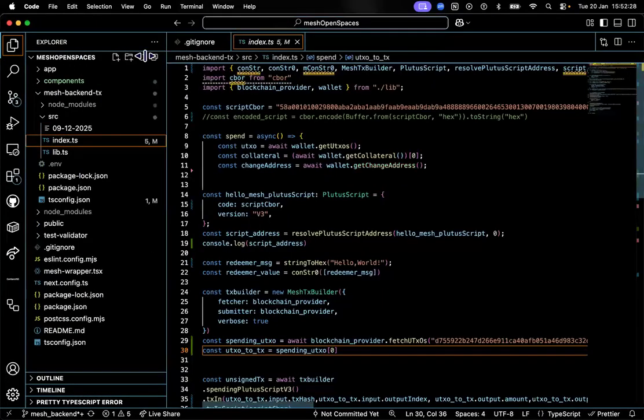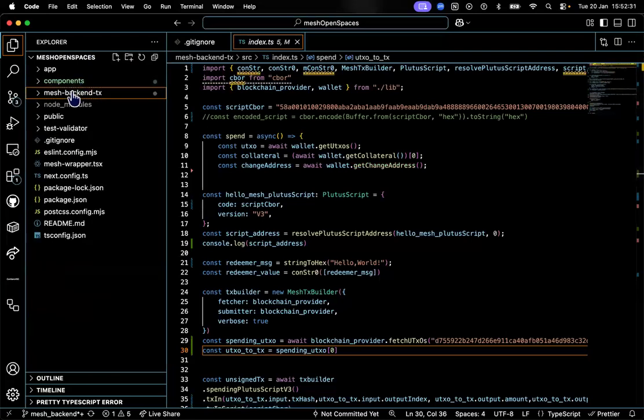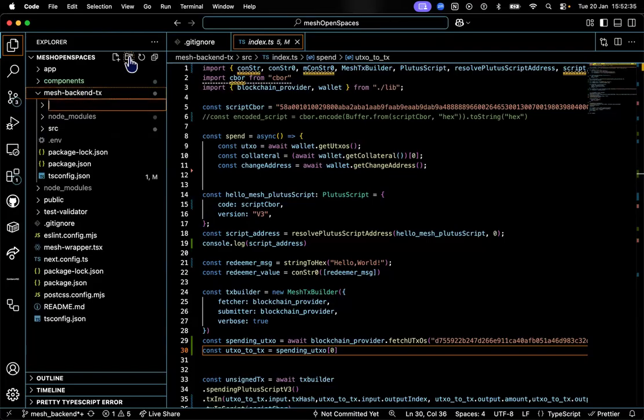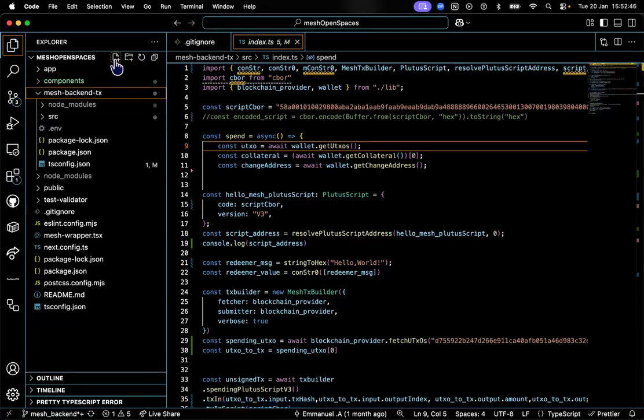In our folder here, I'm going to create on-chain. Let me create something like... Oh, okay. I think maybe the Plutus.json is enough. Let me just see.